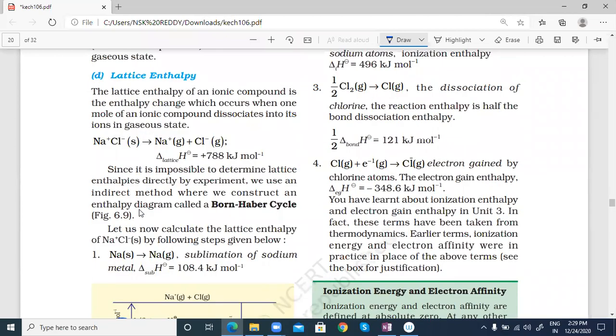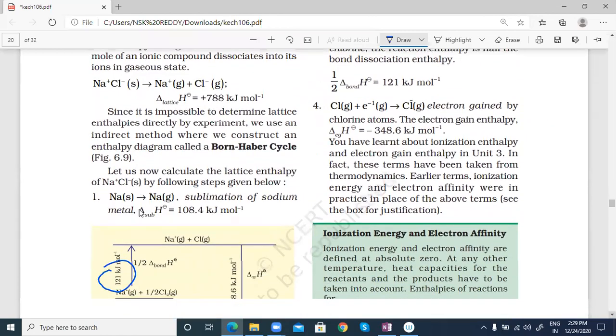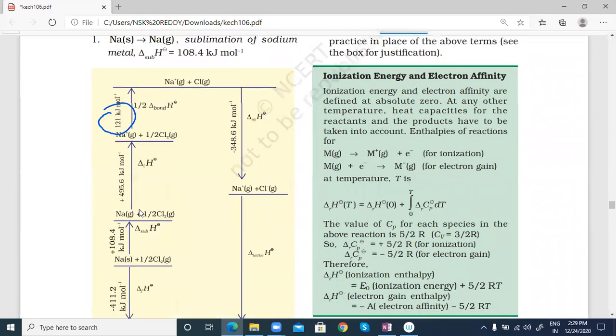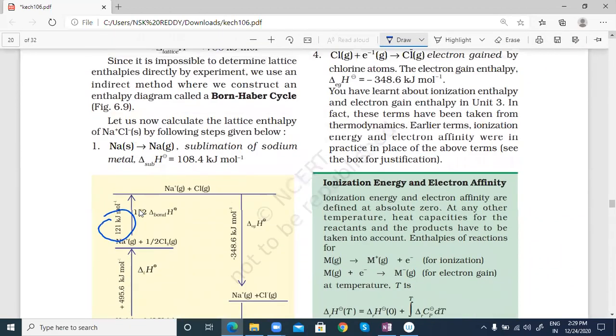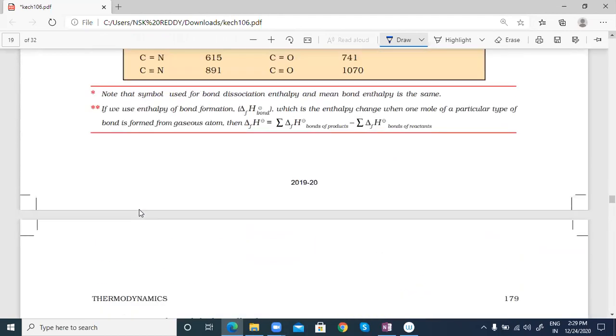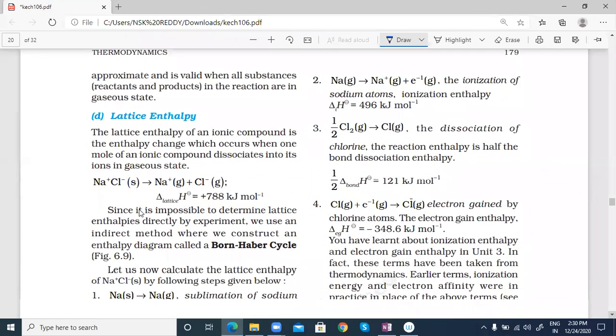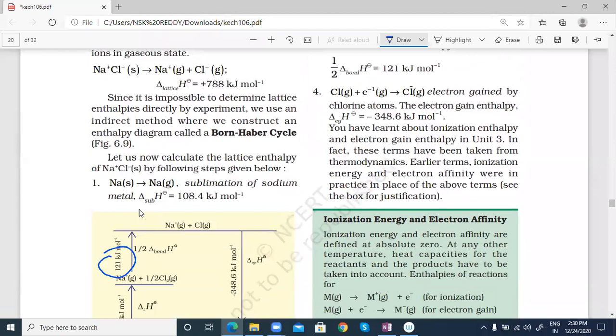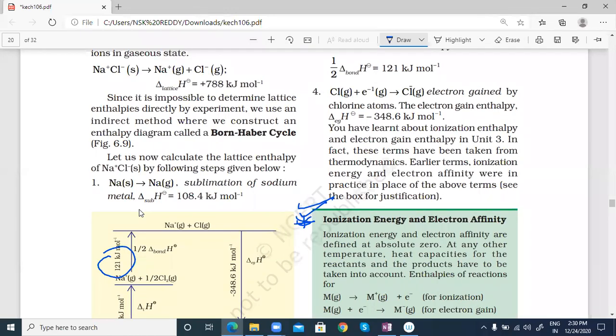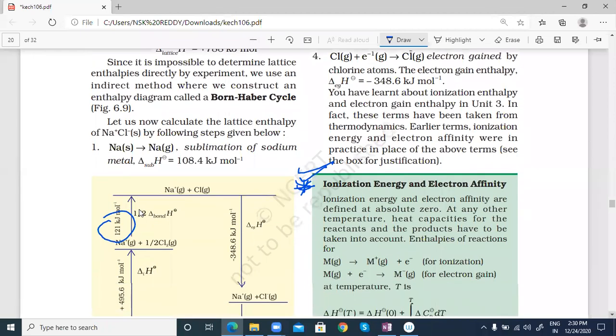Lattice enthalpy of NaCl formation, we will get it finally by adding all the values. Just follow our previous procedure, sir. No need to follow anything new here. Write the heading lattice enthalpy, then write homework in brackets. Read and write. Already we have done some methods, some types of enthalpies, even this is already completed. So you have to give a star mark, then read and note it down.